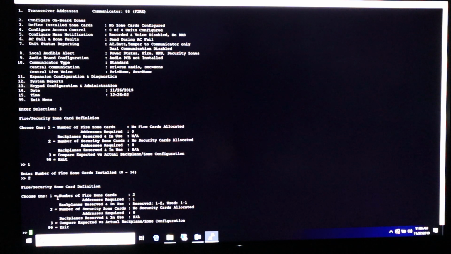So now after I hit enter, it's going to say number of zone cards 2, addresses required 1. That's in addition to the one you've already put in there. So I put in 88. It's also going to take 89 now because I've put in extra zone cards. Alright. Not going to do anything for fire card or security cards, so we're going to go ahead and do